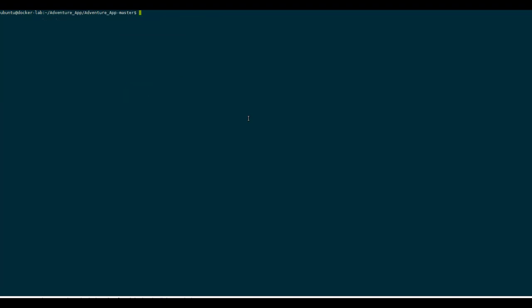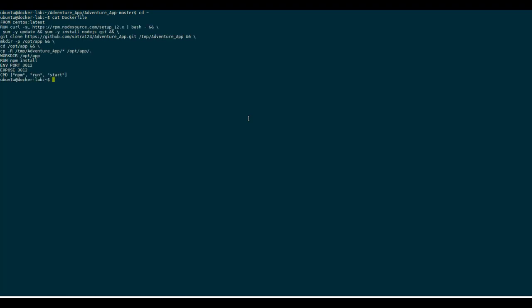For that we first need to build the image using a Dockerfile. We have a Dockerfile already created for this purpose. It uses the CentOS image and runs specific instructions to install Node.js, clone the application from GitHub, and then start the application on a specific port, 3012.